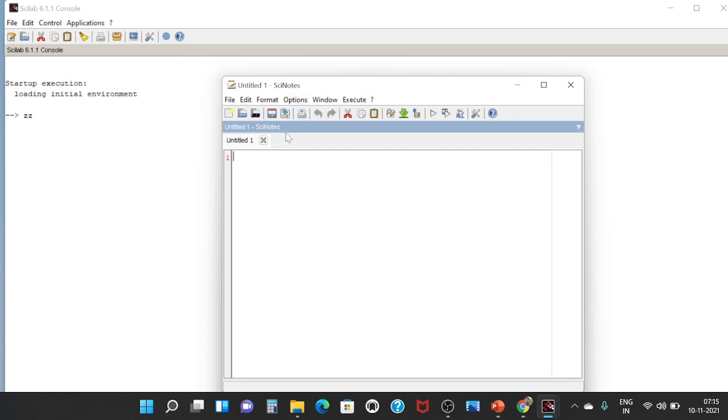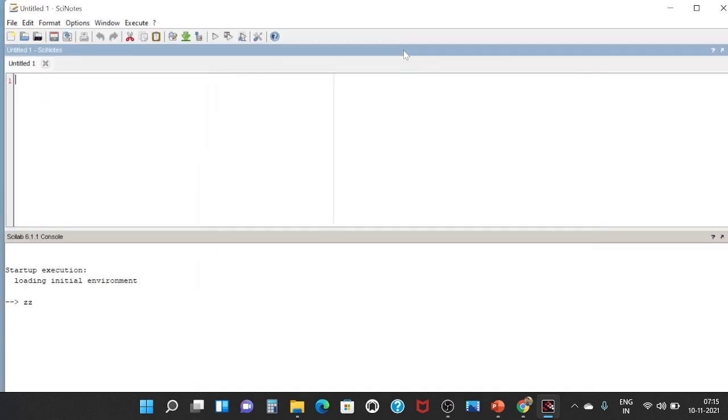So the two windows I am going to put side by side. How it will be: you just drag this window from here and put it over here. See, these two windows came, one is open and one is down, but I want the two windows to be side by side, which will be better.